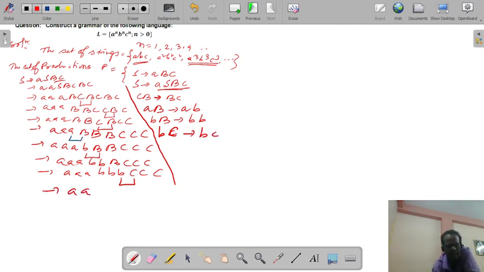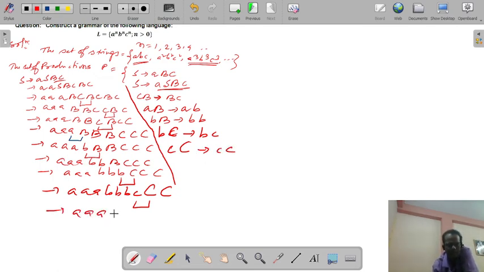We can write aaa, bbb, then this C, BC will be changed into bc. Then this capital C will be there. This small c, capital C will be changed to small c.